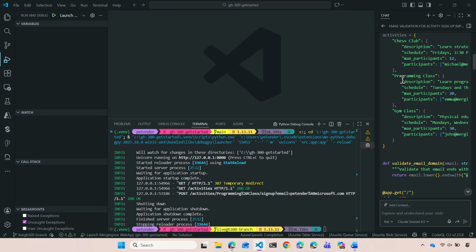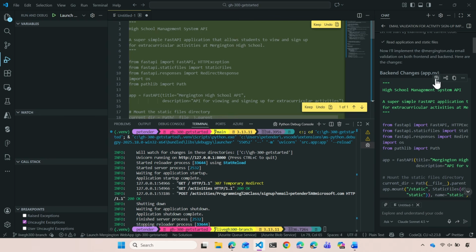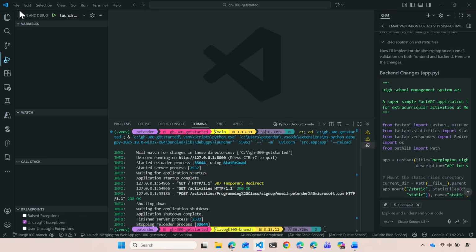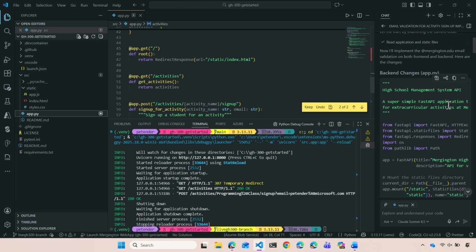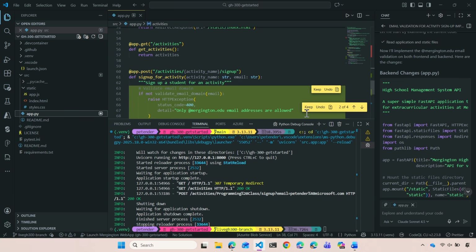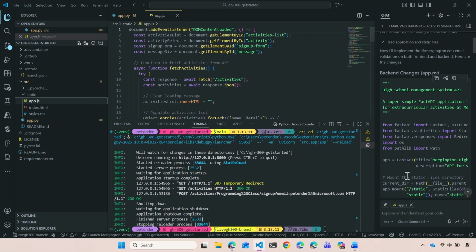So we're going to move all the way up, and make sure that when we activate those changes, we're not doing this in an untitled file, because we already have those code files. So just emphasizing that we still need humans for now to make sure that we're making changes in the correct files. So I open the app Python file, and I'm okay with overriding it. I'm going to keep the changes, doing the same for my JavaScript file,